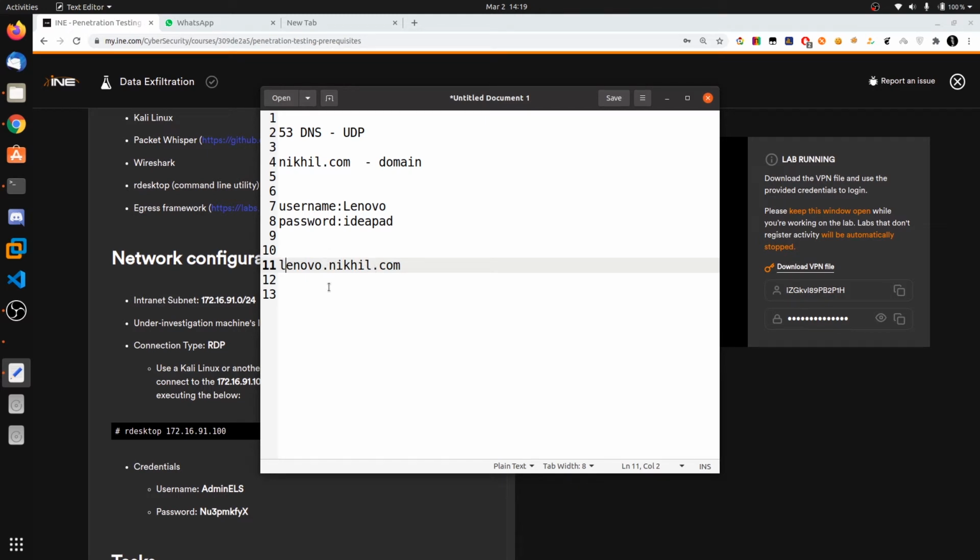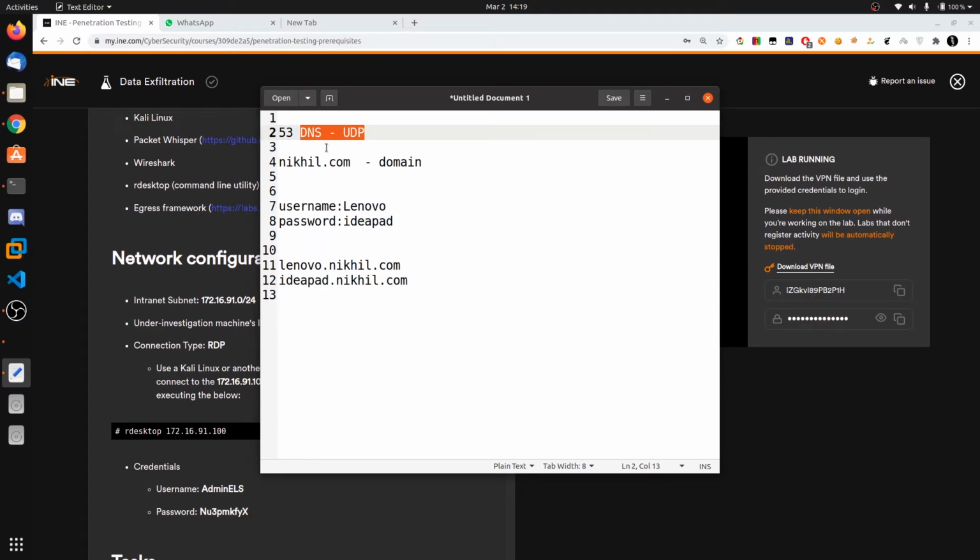My C2 server can strip off the domain and identify that this is the message. In a similar way I can send the password, ideapad.nikhil.com. In this manner you can send the data over the DNS port.